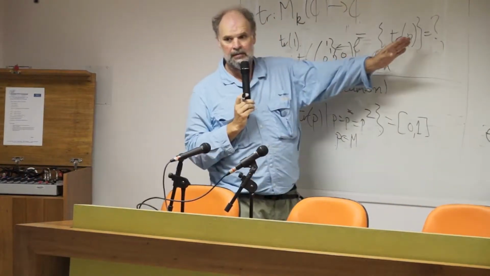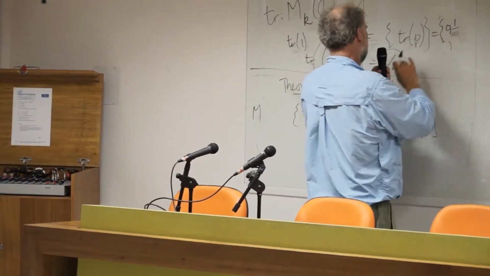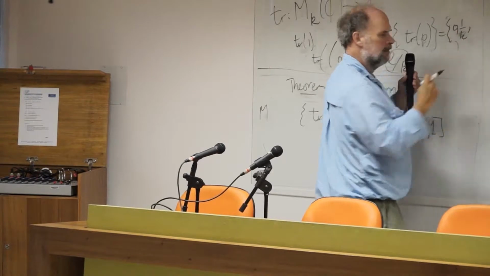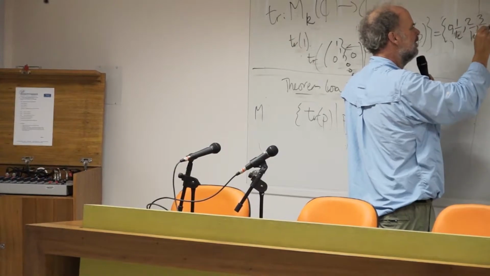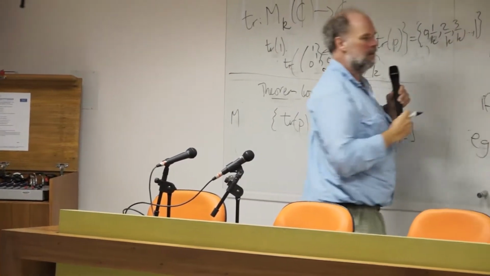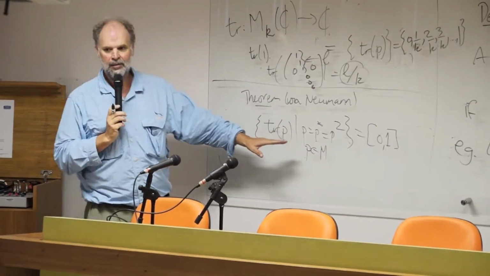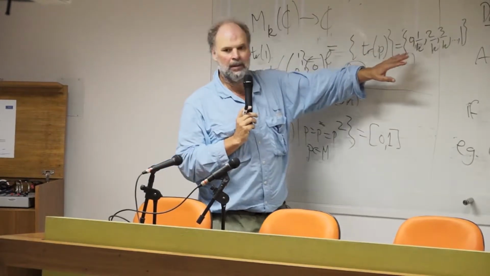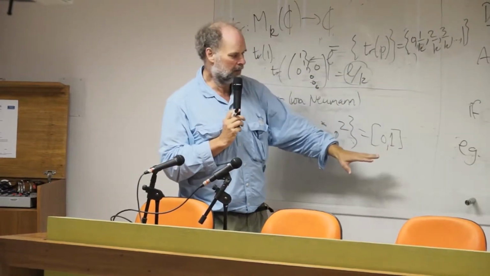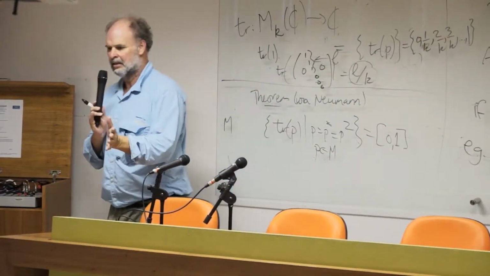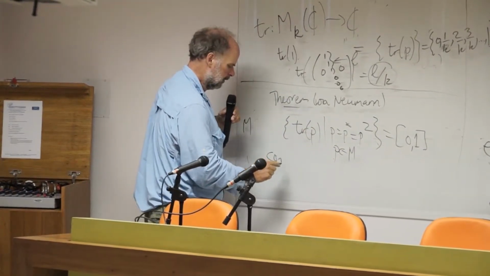So now it's clear what these traces are. It's exactly the set consisting of 0, 1 over K, 2 over K, 3 over K, up to 1. So now it's clear what's going on. The miracle is that these II-1 factors have somehow filled in all the gaps between the rational numbers with the same denominator. If you think of projections and subspaces, projective geometry, these are some kind of continuous geometries coming in.